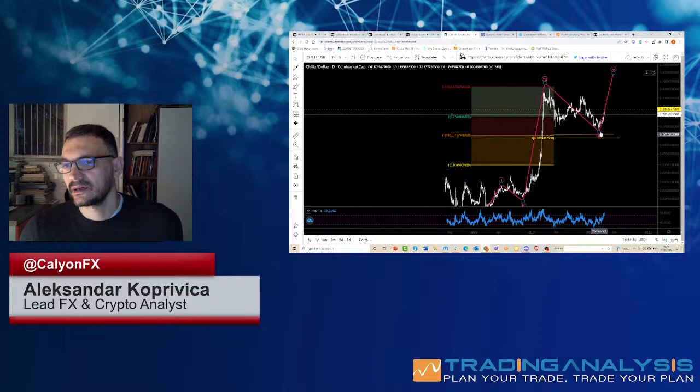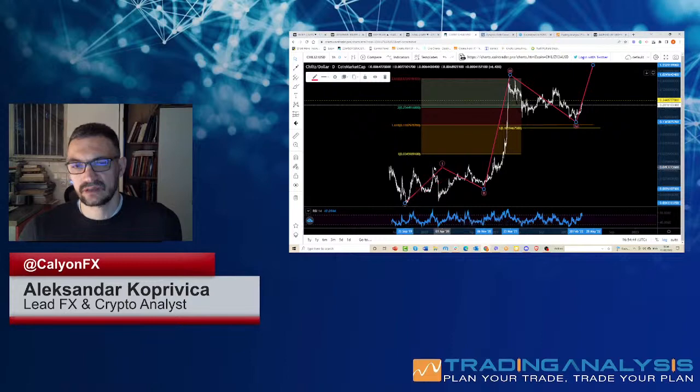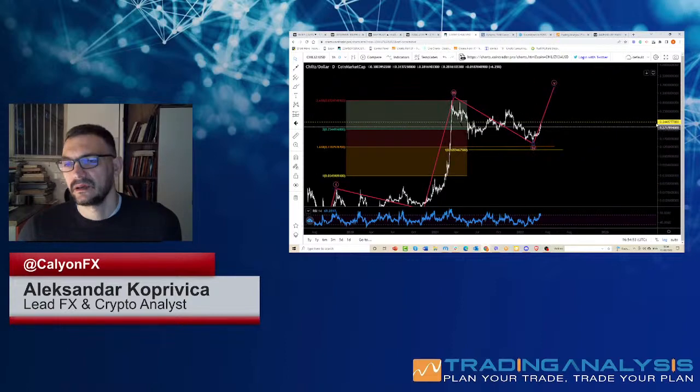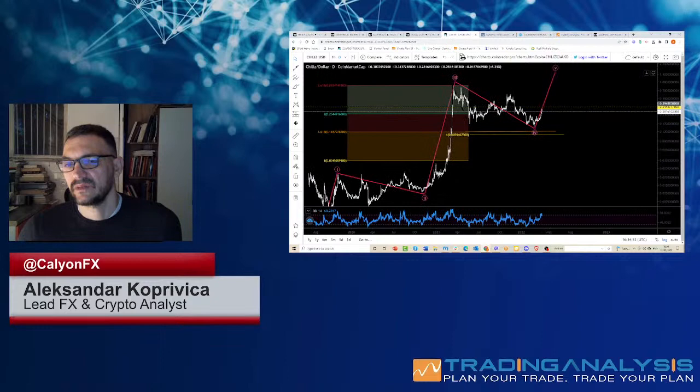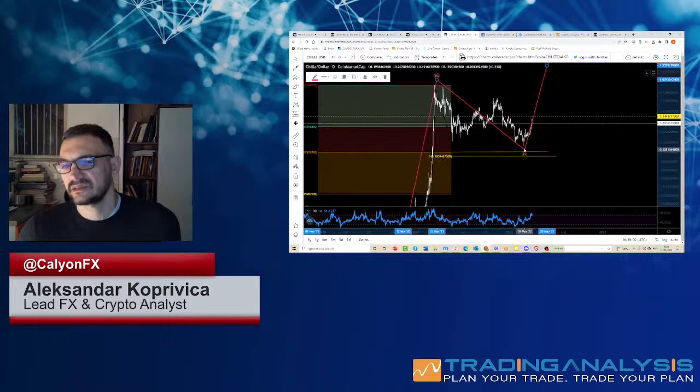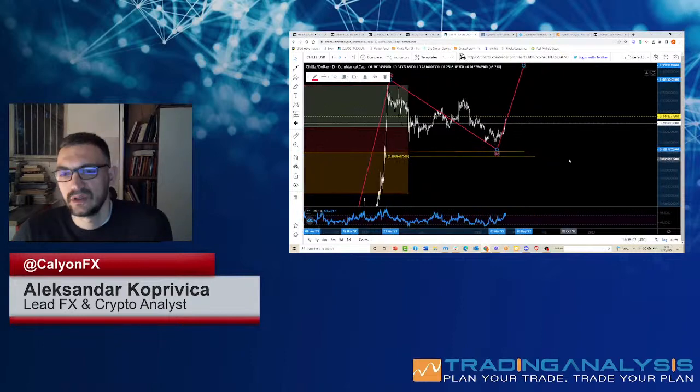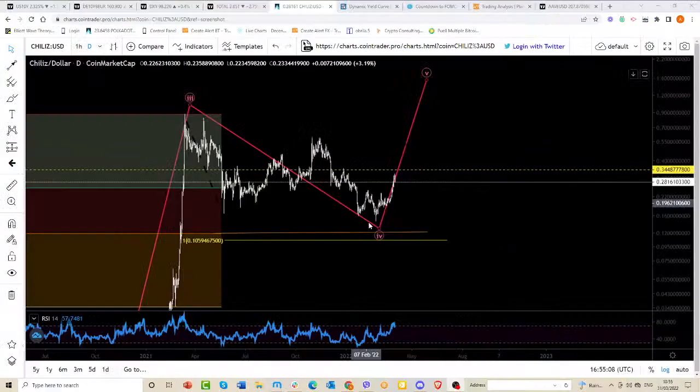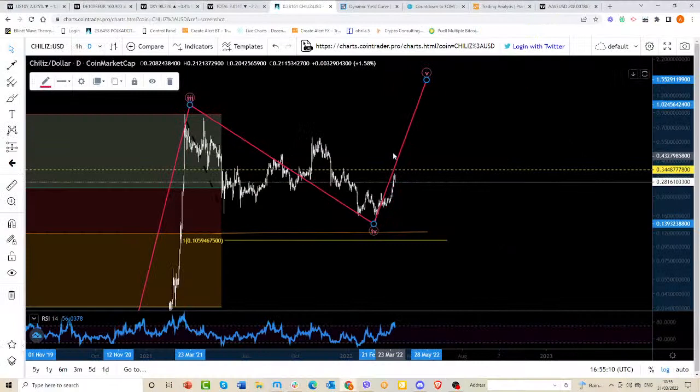I will count it from here. Even if you do this and start to count in some type of a larger flat, this will be a 4th wave and a consolidation on the upside. So I do think Chilis is showing strength. We have reached some of the levels for a possible equality. We missed that a bit, but that's not so horrible. But on the upside, only 3 waves. I want to see more on Chilis. I want to see a 5-wave move, and then the pullback will definitely be interesting for the continuation on the upside.